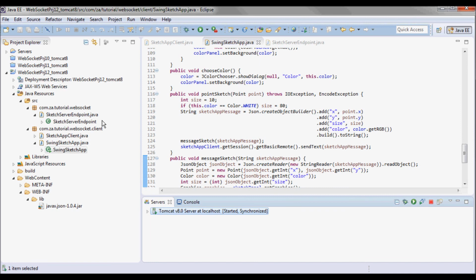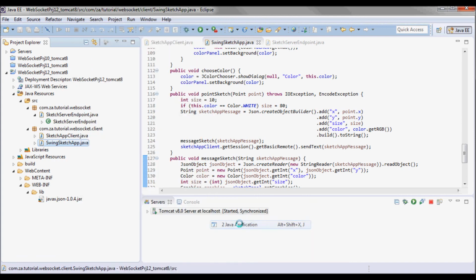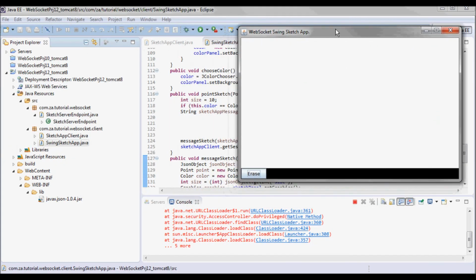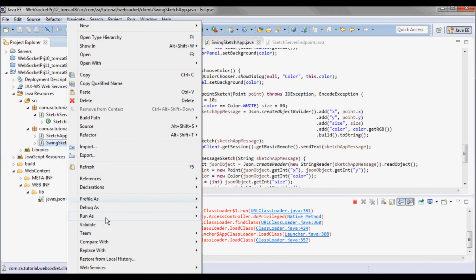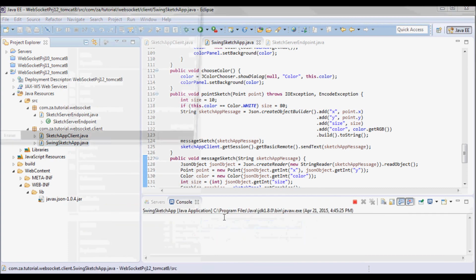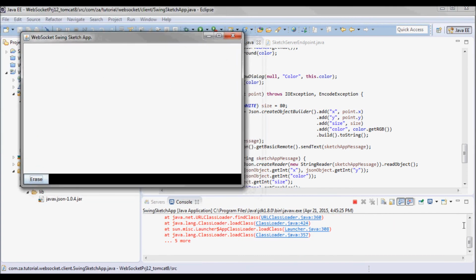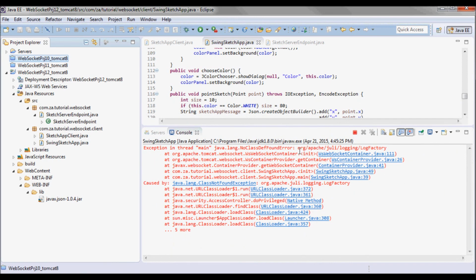Okay, let's try to run this Swing Sketch app. Okay, let's run another instance. And let's try to fix this.